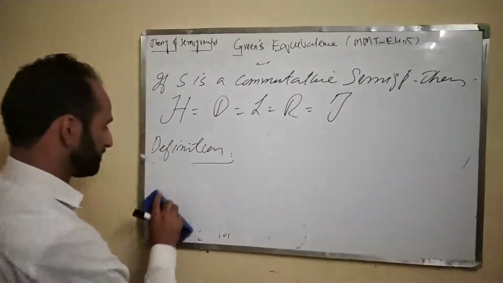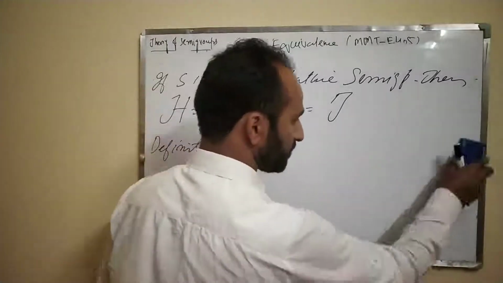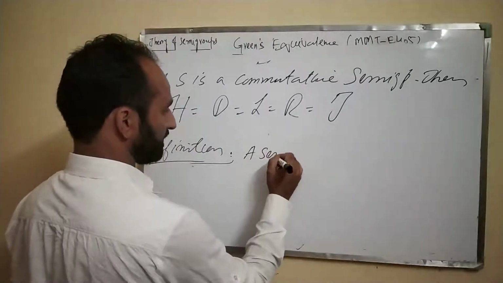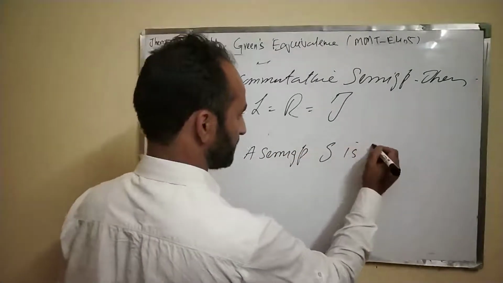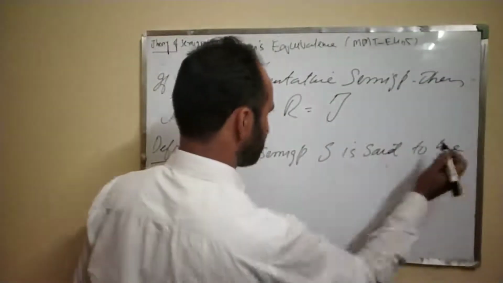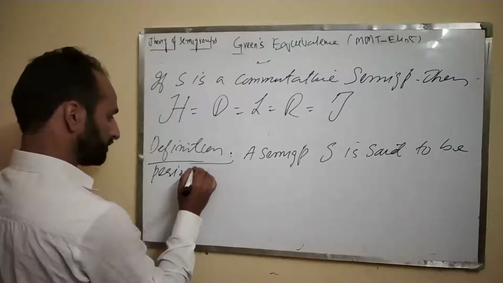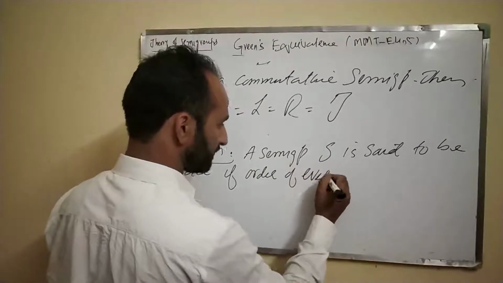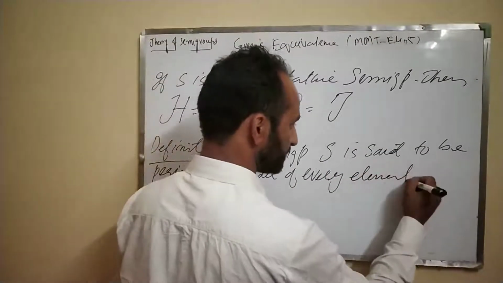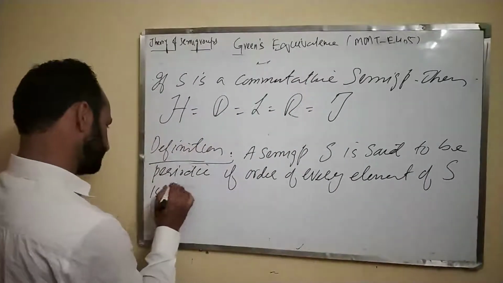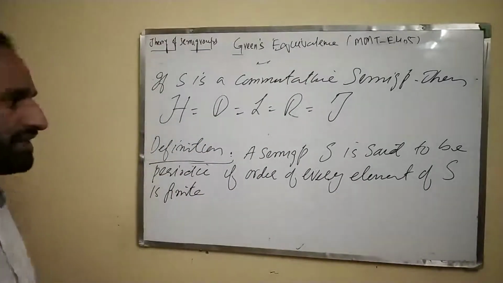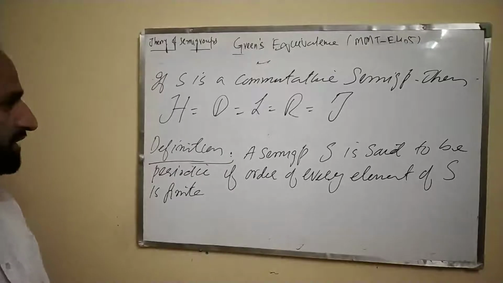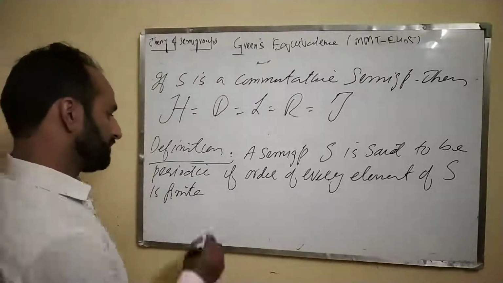Now we define periodic semigroup. A semigroup S is said to be periodic if the order of every element of S is finite, or we can say the semigroup generated by every element of S is a finite monogenic semigroup, or the order of every element is finite. So it means that